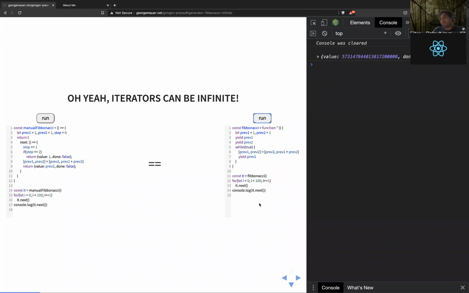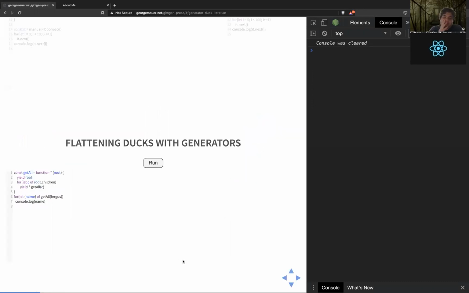Maybe if there's some really complex looping thing, but usually not even that. But a while true with a yield inside of it is perfectly normal, because basically you're just saying, generate this stream. The person who's going to call it is in charge of deciding when it's done. So long as they never stick it in a for of, which actually will try to iterate it forever, we're all good.